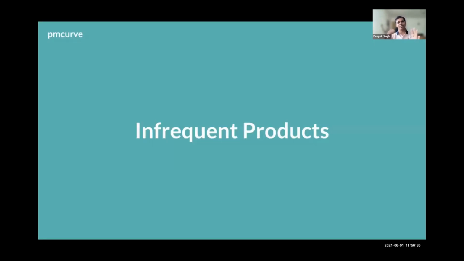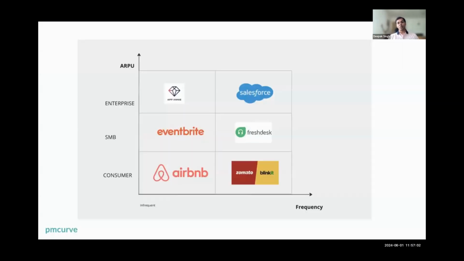Let's go to infrequent products, and that will answer a lot of your questions, because in India, we have a lot of infrequent products, by the way. We have not built Twitter and Meta and Google, which we keep learning from. We have built 99 acres, we have built Naukri.com, we have built even Zomato, barring Blinkit and Zepto, which is not an infrequent product, but yeah, less frequent product. But anyway, coming back to infrequent products, Airbnb, Eventbrite, App Any, 99 acres, Naukri is for SMBs and enterprise both, right? But let's talk about these products a little bit.